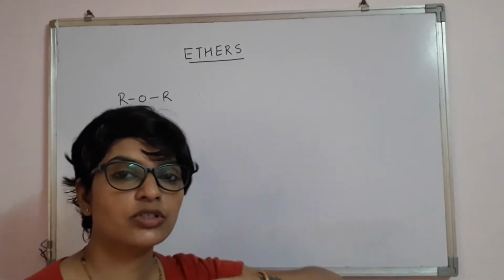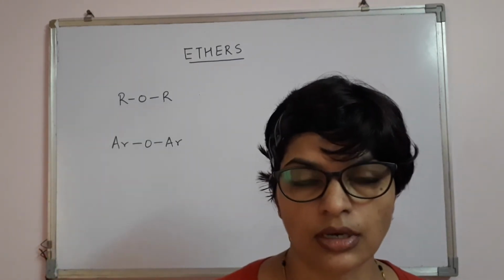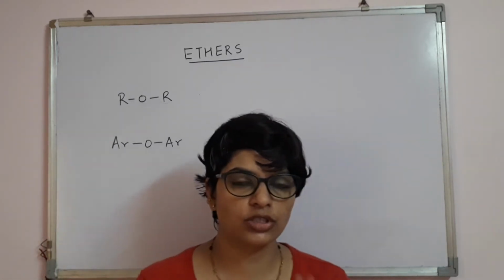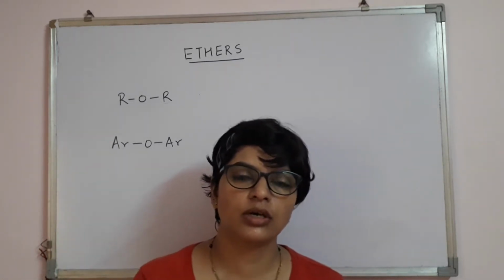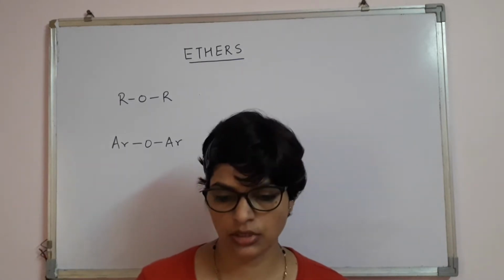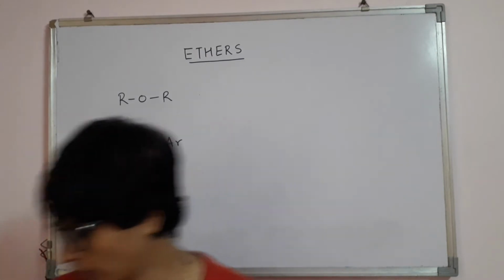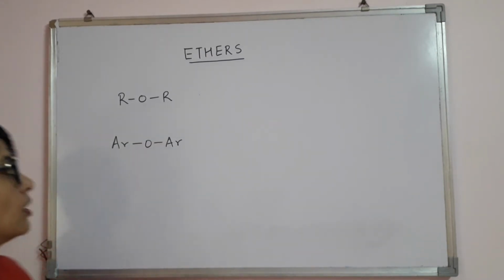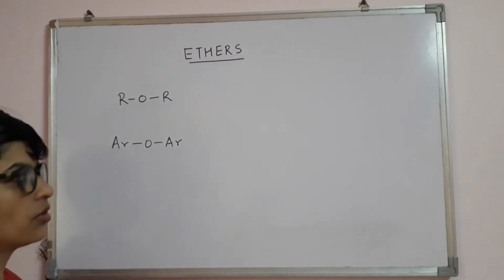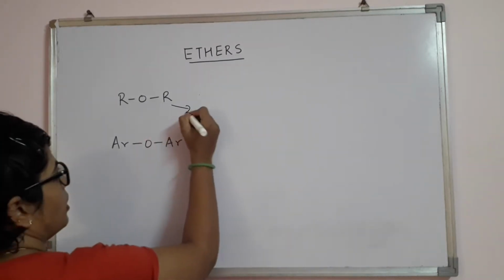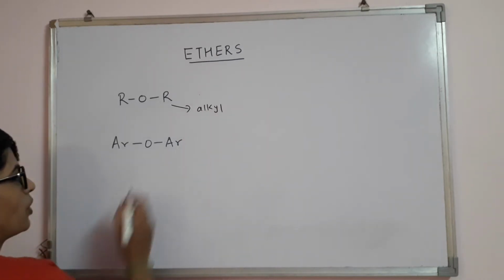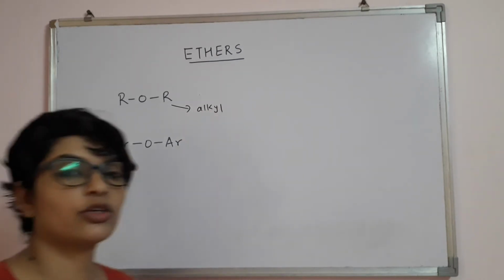Alright, so first of all, what are ethers? Ethers are those compounds which have the functional group in which the oxygen atom is in the center, and there are two alkyl groups on either side or two aryl groups. How does it look? We will have a look. So we will have ROR as the functional group, where R will be nothing but your alkyl group, and it can be ArOAr also, where Ar will be your aryl group.